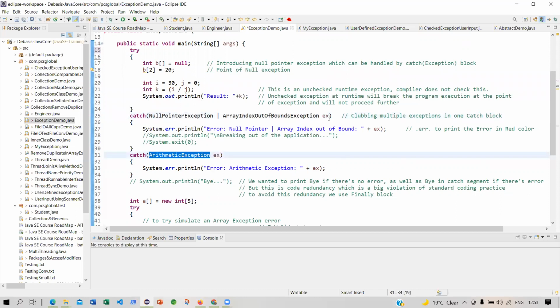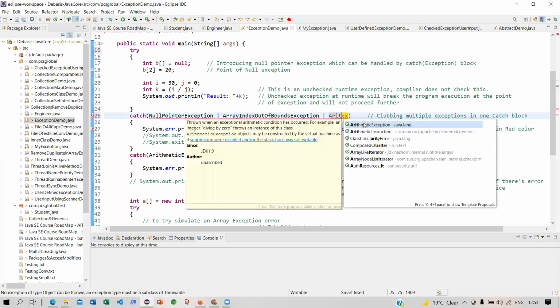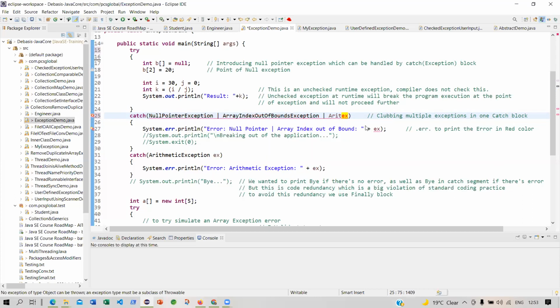I could have put it directly over here, another pipe or, and say arithmetic exception. You don't need to type much, just press control space and take the help of this, and I say EX.